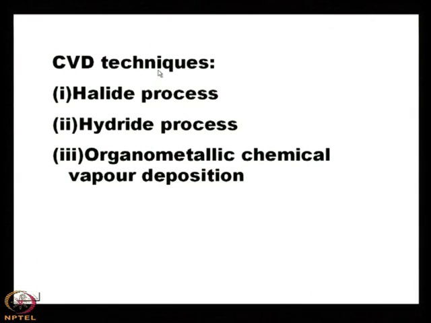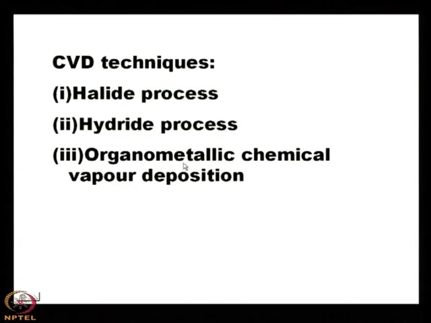there are various CVD techniques. Apart from AP, LP, PE CVD, there may be the halide process, the hydride process, and the organometallic chemical vapor deposition process. As the name implies, the halide process means you start from the halide complex or compound of a material. Halide compound means silicon chloride; chloride is a halide. Okay. Hydride means some compound containing hydrogen, say arsine, AsH3 is a hydride, PH3 is a hydride,